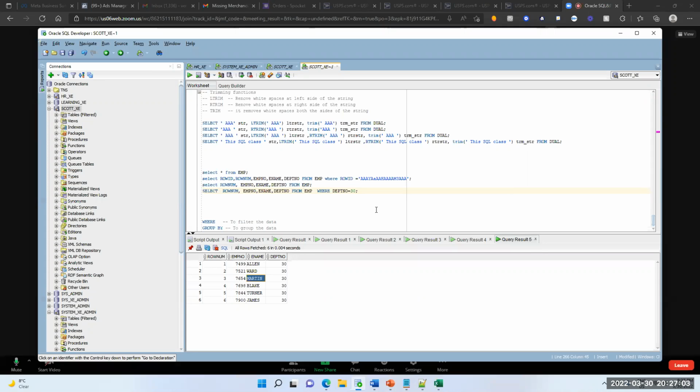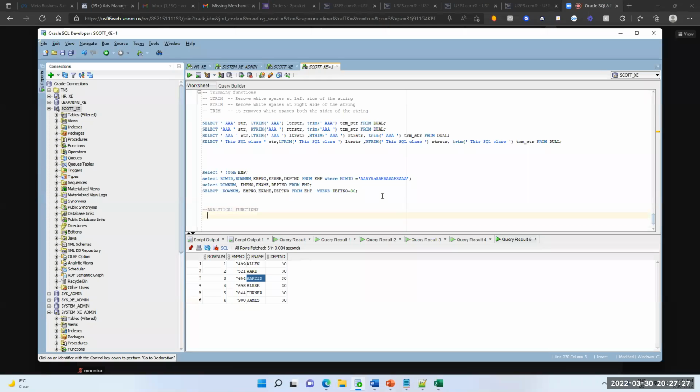So now, what we want to see? We are talking about analytical functions. Mainly, we have more actually.